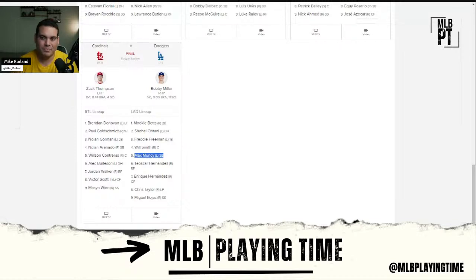Victor Scott is the everyday center fielder while Lars Nootbaar is out. Lars is due back soon. Will Scott do enough in that short period to hold his spot? That's to be determined. He did steal a base already as soon as he got on base. But again, the schedule is not doing him any favors in these first few games.